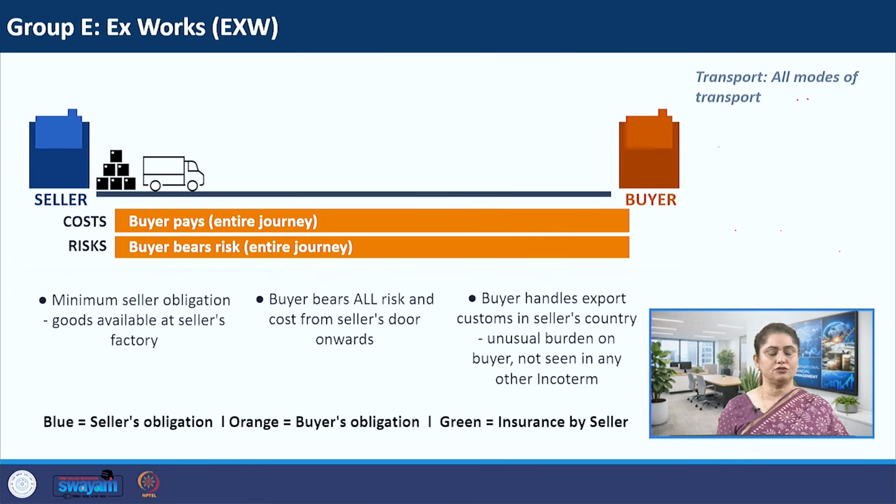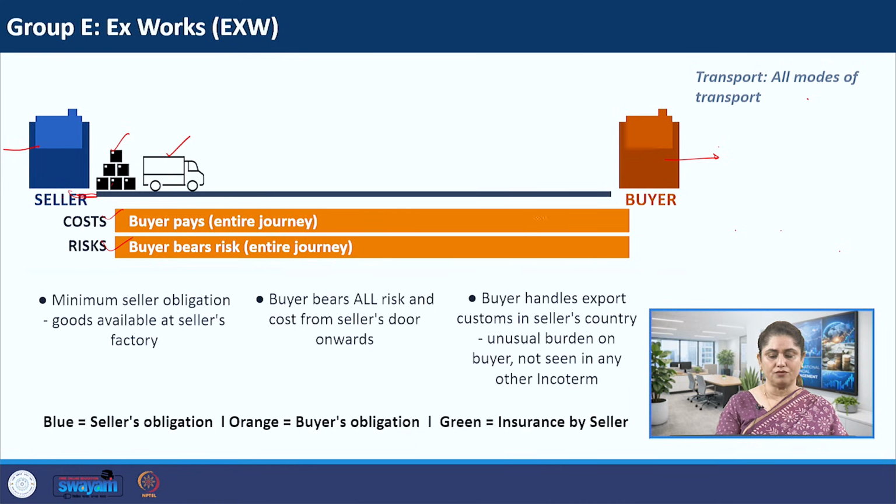So now let us talk about EXW, Ex Works. Now in Ex Works you can see we have a truck here, and the goods here, clear? This is the buyer's warehouse and this is the seller's warehouse, fine. So this picture depicts that the goods are not loaded onto the truck, clear, and hence the seller has the minimum obligation. It is only providing the goods at the factory, while the buyer has